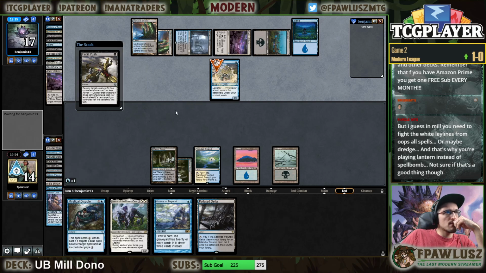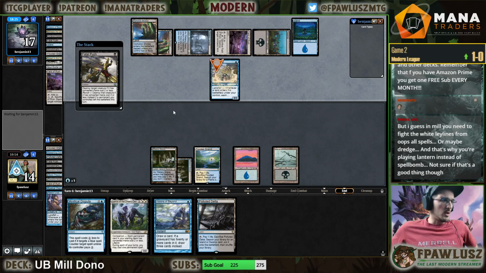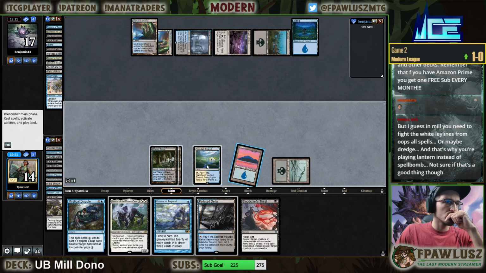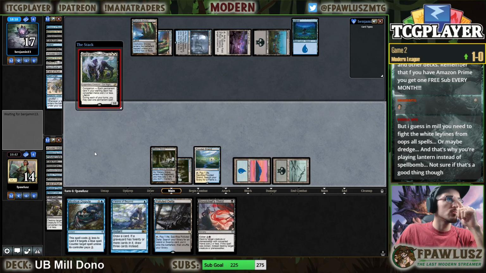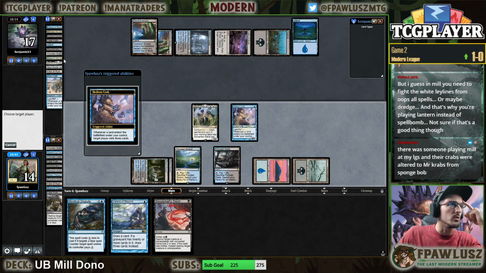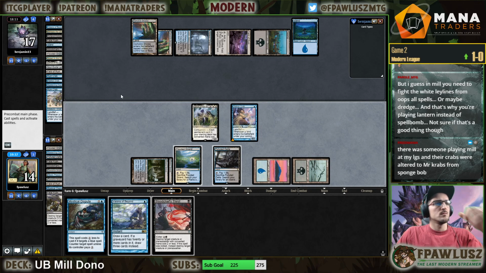There's a crab. So we can Lurrus with Dispute up. And then we can get our crab out of the deal. And then we can triple mill them. Crab. Land. So we're gonna Ancestral my...